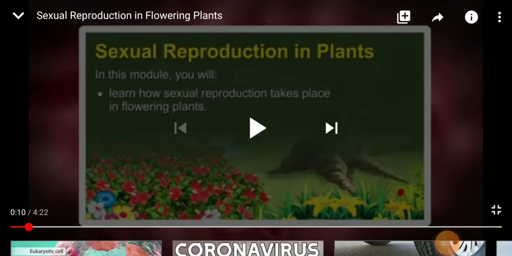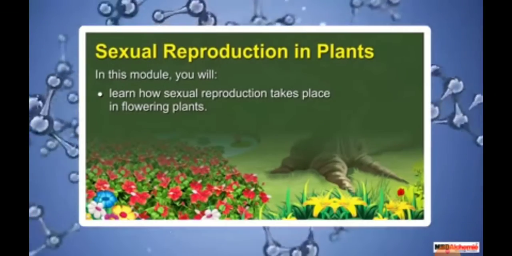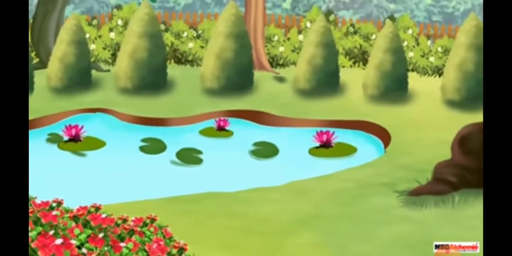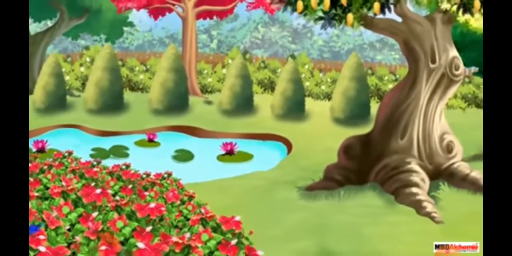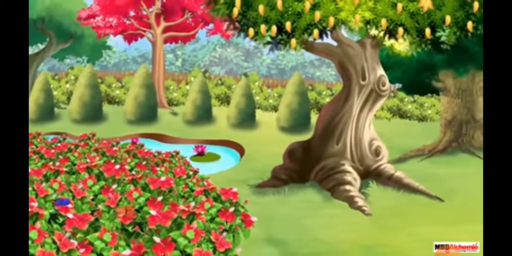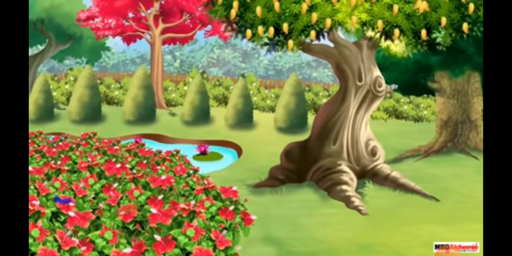Morning class. Today we are doing the next topic, sexual reproduction in plants. In this module you will learn how sexual reproduction takes place in the flowering plants. Now in this animation you can see that sexual reproduction in plants occurs with the formation of seeds, and